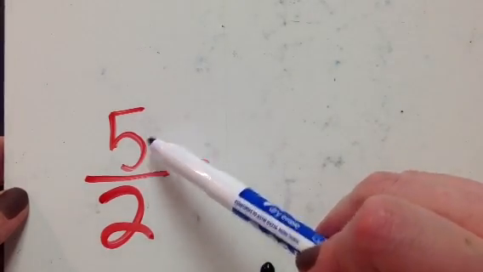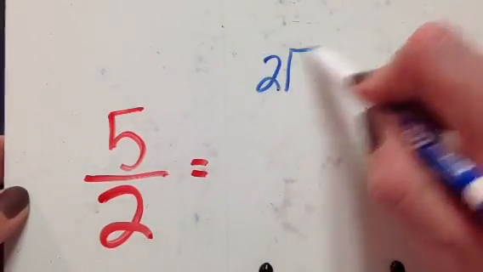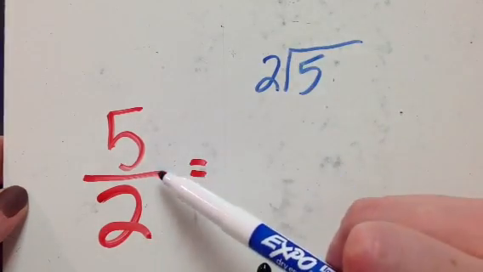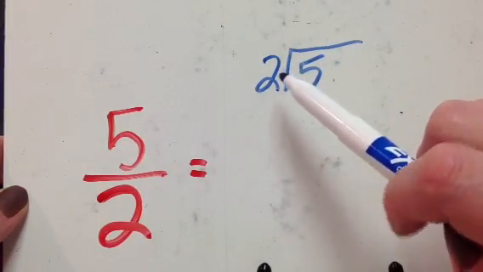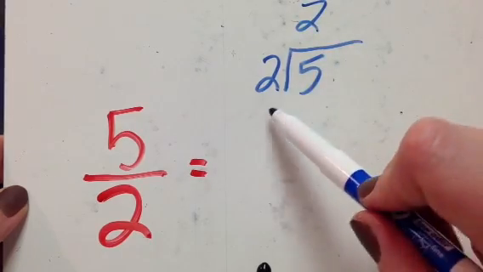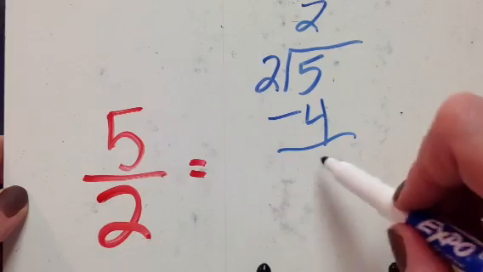What this really is, 5 divided by 2. If you need help figuring out what am I supposed to do here, I'm having trouble remembering, just remember that line means divide. Okay, 2 can go into 5 2 times. 2 times 2 is 4, and then I subtract and I have 1